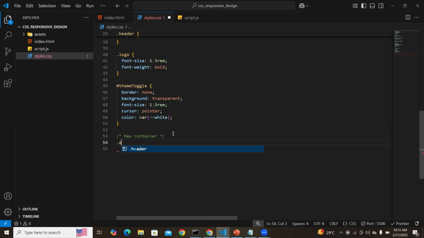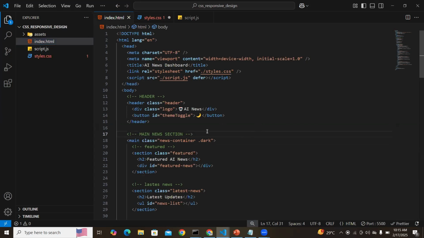So I'll just say, don't forget, whatever I'm doing is here for you to see, right? We did it together. You can see the news container here. I also want to remove, okay, not here. I think this is the one that